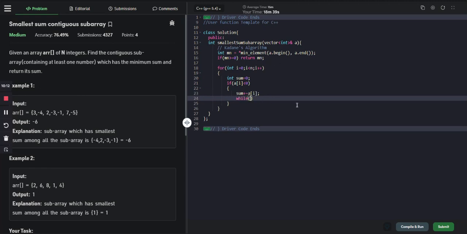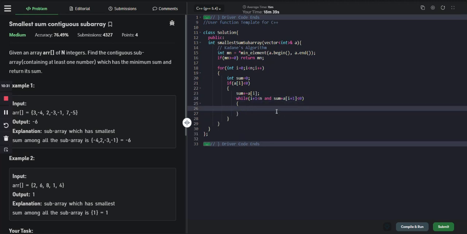So we can say while i plus 1 is in the bounds of the array and the sum plus a of i plus 1, if we add the next element in our sum, then also our net sum is negative only. Then what we can say is that